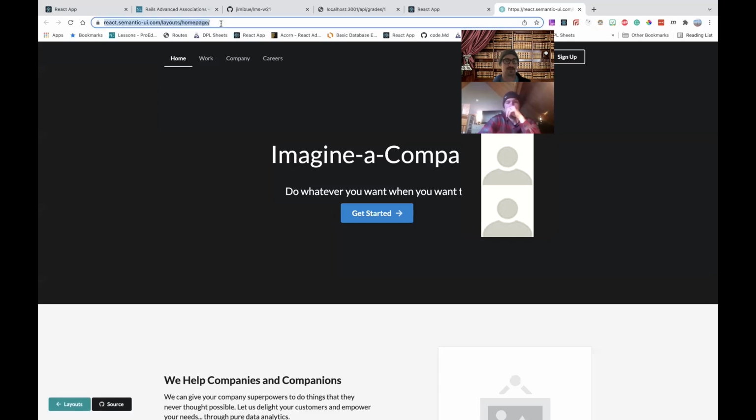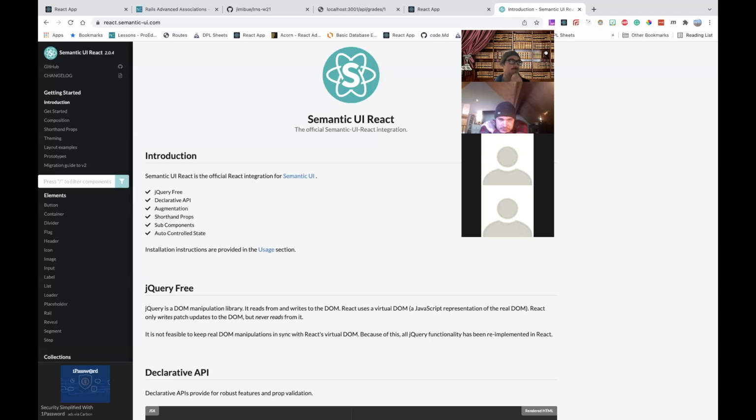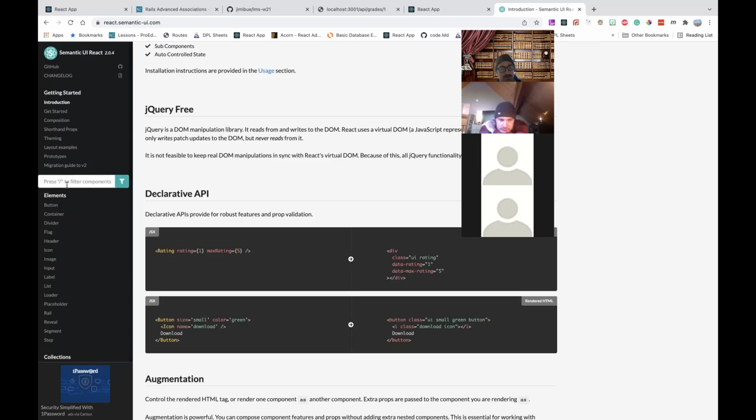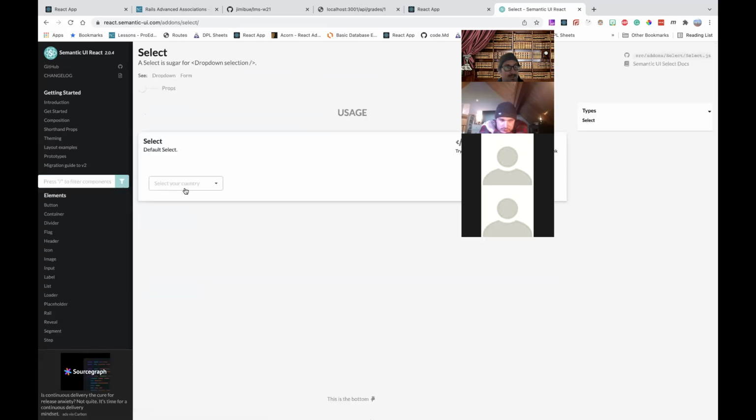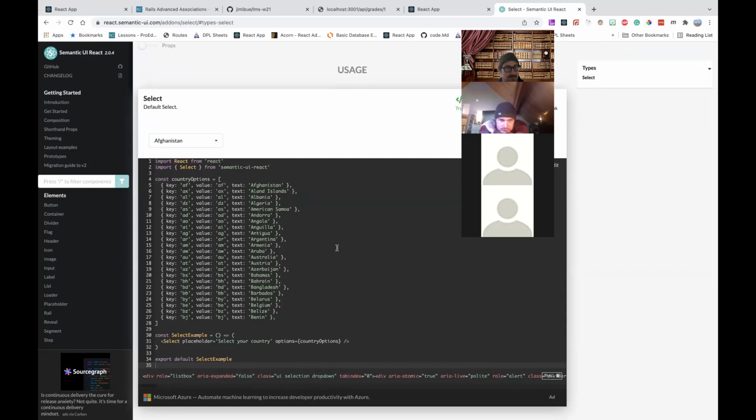So let's just look at that really quick with Semantic, or maybe I might just show you how to do this just so you have a working example. Let's see which one I want to use. Just to show you what I'm talking about. All right, so I forget if it's called a select or a drop select. We want something like this. So if I look at their select example,